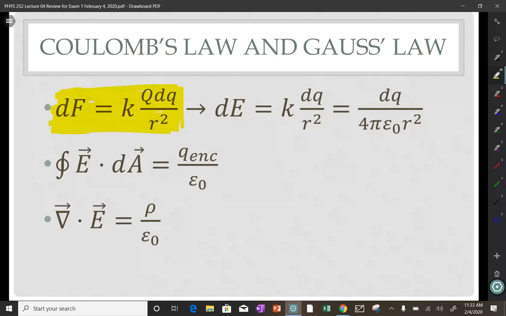So you've been using that, and in what situations, both of these allow you to find the electric field based on charge. Which one, or how do you choose which one to use? One of them is if you're trying to find it through a surface, like you have a sphere. No, that's not quite right. Let's just say I'm trying to find the electric field at this location. I'll then use